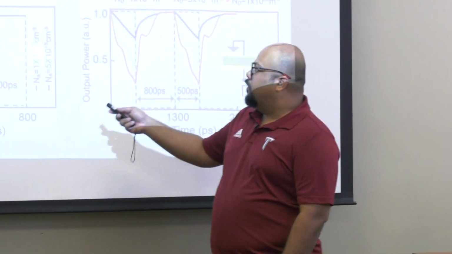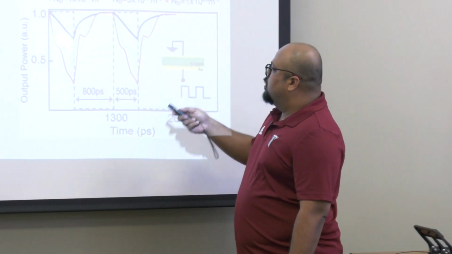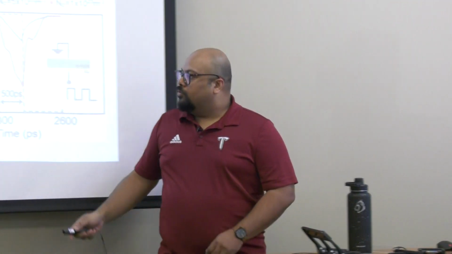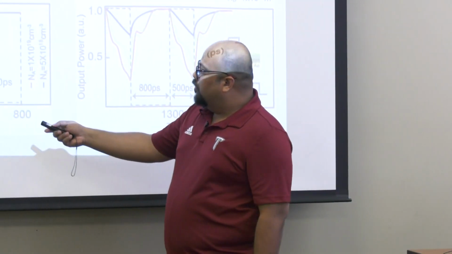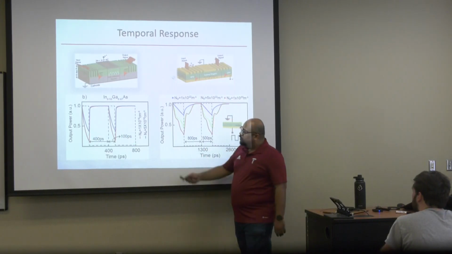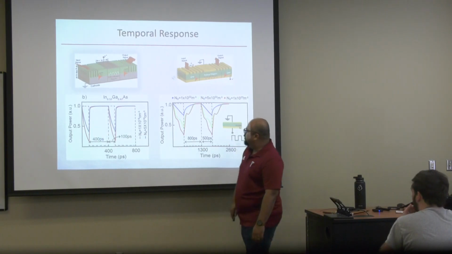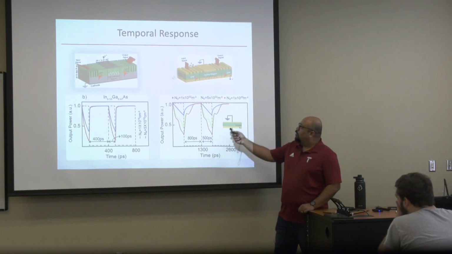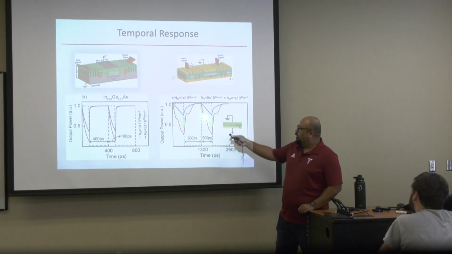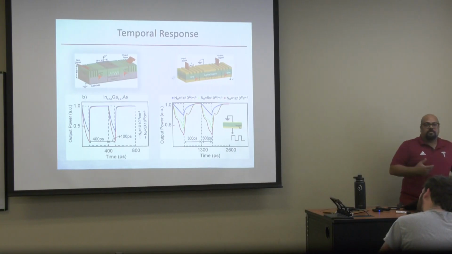This is a step response for the PN diode based switch, and the step response for a Schottky based switch. It tells us the off time is 400 picoseconds, and this is the on time. Similarly, if we observe the Schottky, 800 picoseconds is the on time, 500 is the off time. The different plots are because of different doping.